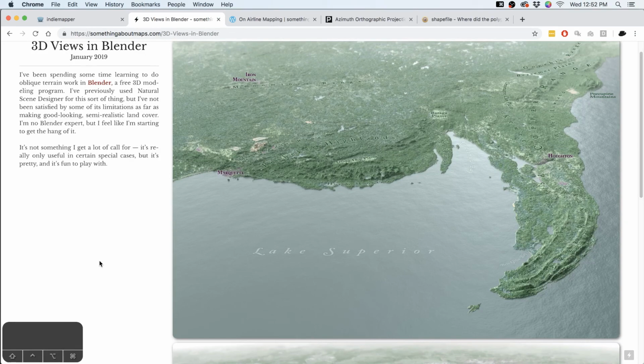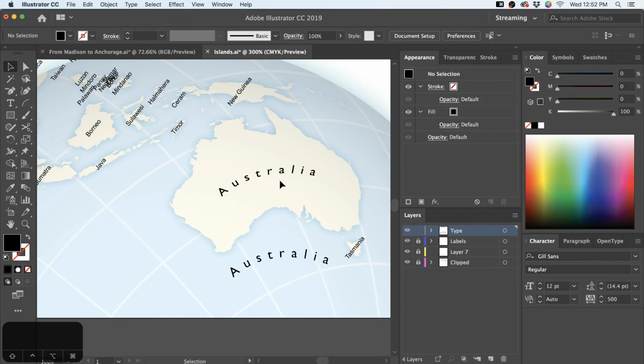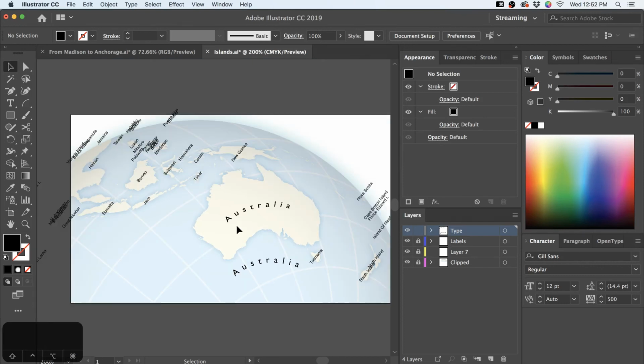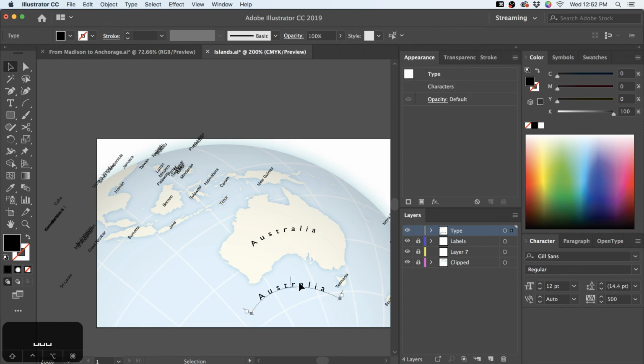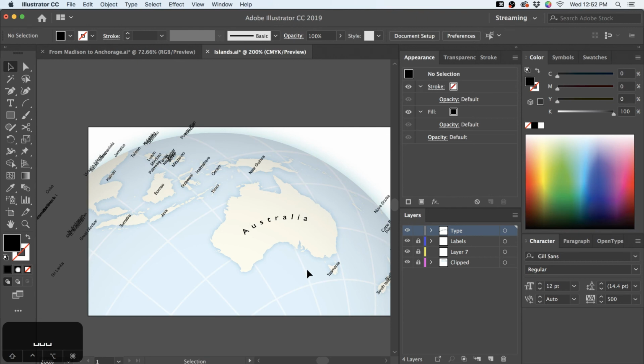I knew my camera angle when I set this thing up, so I knew to rotate everything 30 degrees or whatever, and it would all look like it was flat against the rest of it. Whereas here we're dealing with the globe, and so that's going to be dicier. The angles are changing everywhere. So it's something I'd suggest you might want to mess around with. And certainly if I do an orthographic again, I'm probably going to mess around and see what I could potentially do with that kind of thing.